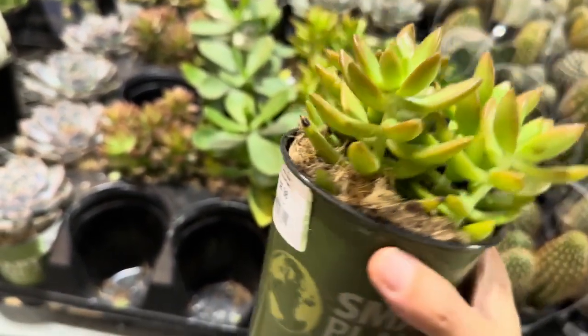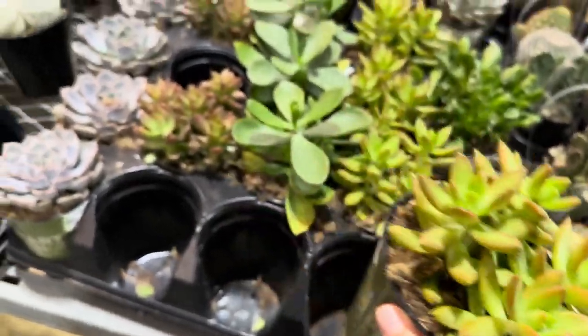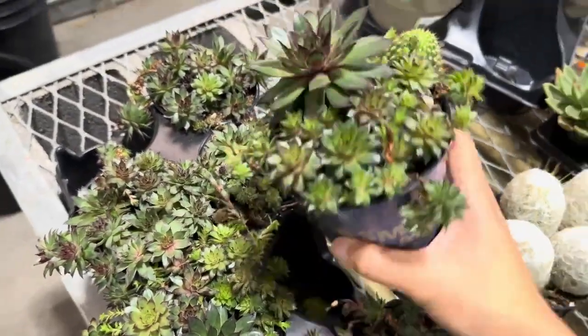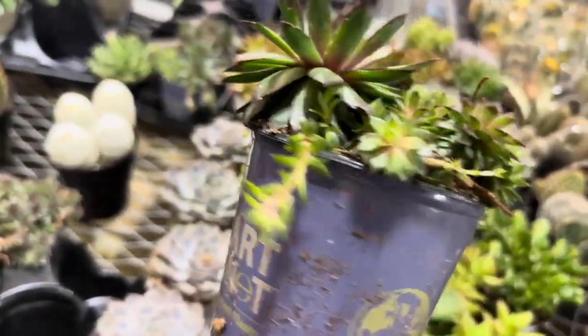Like I said, again, I'm trying to diversify my plant content. I am now showing you guys some more of these assorted succulents, even though I don't know anything about succulents and the plant IDs. This one though, I do know. This is a hen and chicks